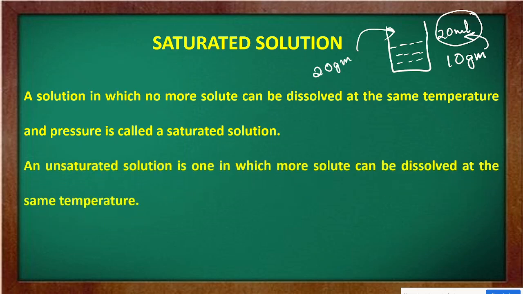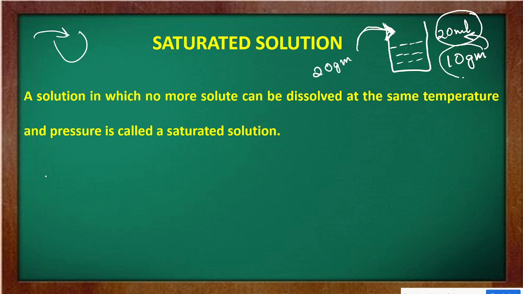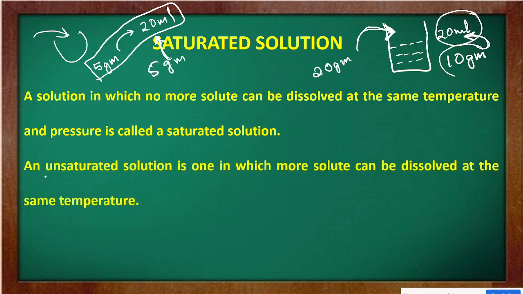तो देखो, तब वो जो solution बनेगा, that will be a saturated solution where no more solute can be dissolved in that one. Now a solvent which can dissolve more, जैसे I said it has a capability to dissolve 10 gram here. Now if you are adding 5 gram of solute to this 20 ml, उसके पास अभी और 5 gram लेने का capacity है. So when you have added 5 gram of solute to a solvent, and it has more tendency to accept more solute, then that solution is known as an unsaturated solution.